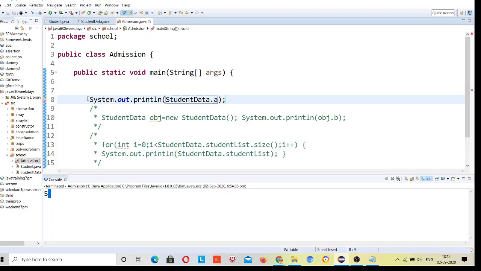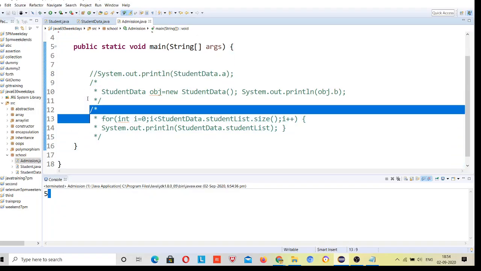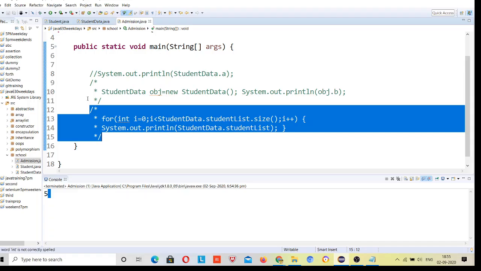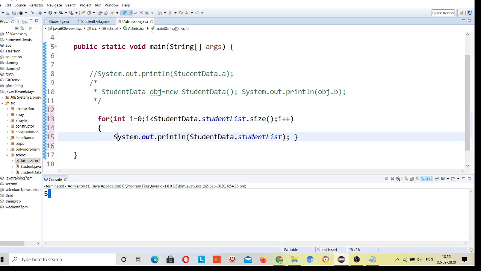I will comment this out. Why have I told this? Just see, it was the same thing I was doing here. I was printing the object.